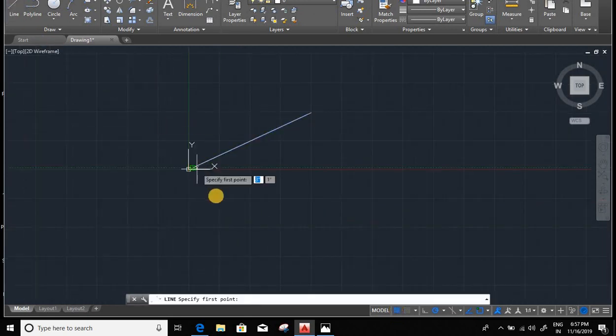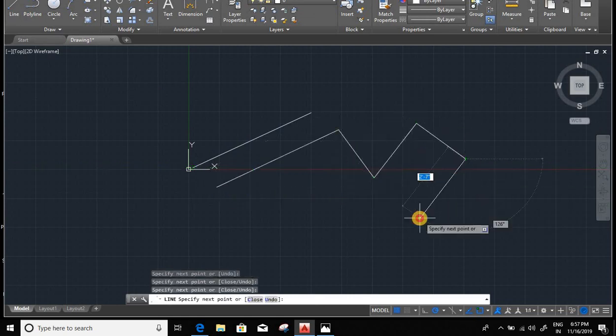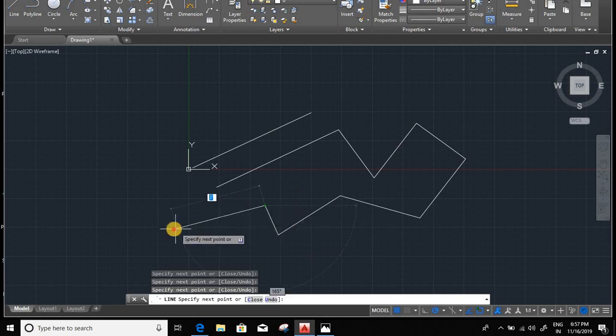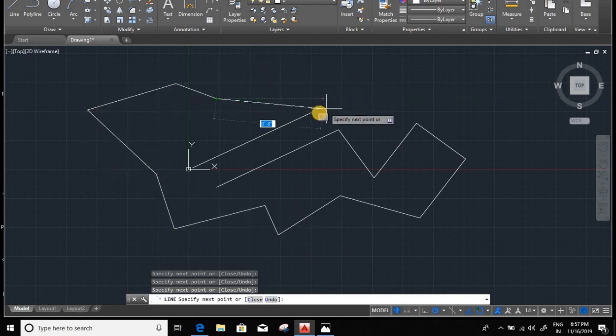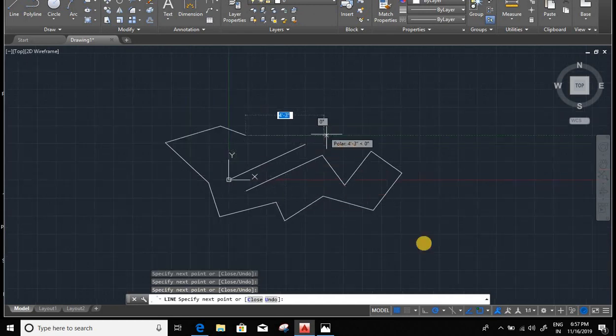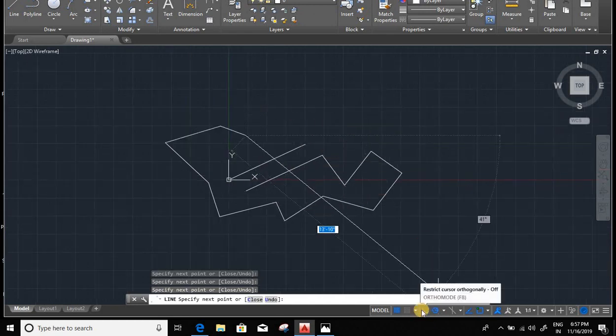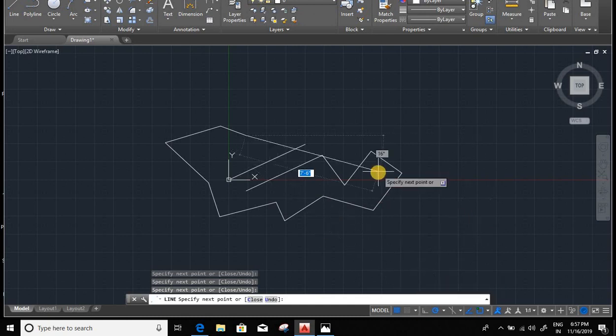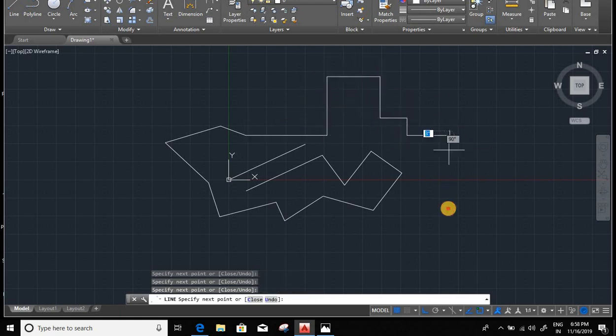If you want to draw a line that is not straight, you can create the line at your own points where you are placing them. If you want to create a straight line, meaning horizontal or vertical, you can click on ortho mode. You can also use its shortcut key F8. You can press F8 and you can also click here. You can create only straight lines by activating ortho mode. If you deactivate ortho mode, you can create lines according to your requirement.